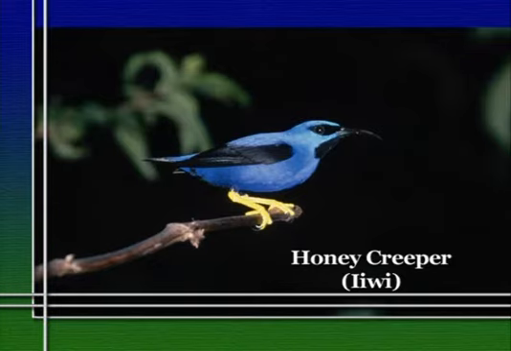Now, honeycreepers are like hummingbirds in general. They're specialized for feeding on the nectar that's produced by flowers. This nectar is a primary source of energy for them. And furthermore, they defend territories that include the flowers from which they obtain this nectar. Now, our discussion of costs and benefits would suggest that an individual should only exhibit territorial behavior if the benefits of having a territory outweigh the costs of defending that territory.